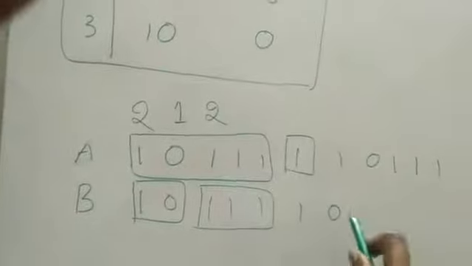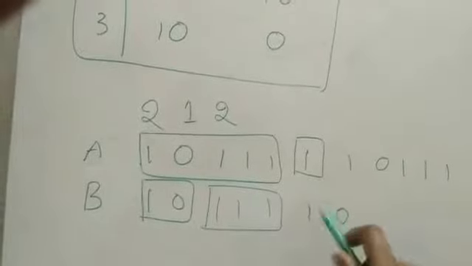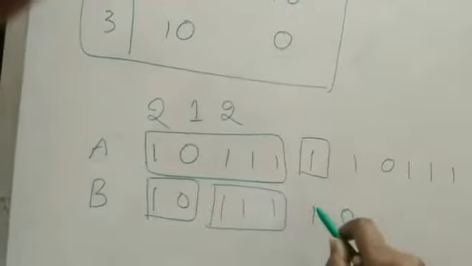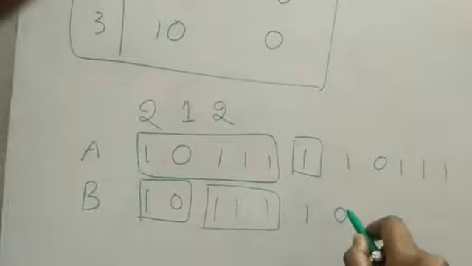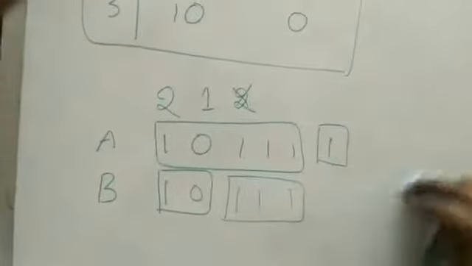Here itself we are getting a conflict. 1 0 triple 1, and here I have written 1 0. The 1 is matching, it is okay. What about this 1 and 0? These two are not at all matched. So 2 is not at all a good idea for the next solution. So it is a wrong step. We have to revert it back. So I'm removing this 2 also.